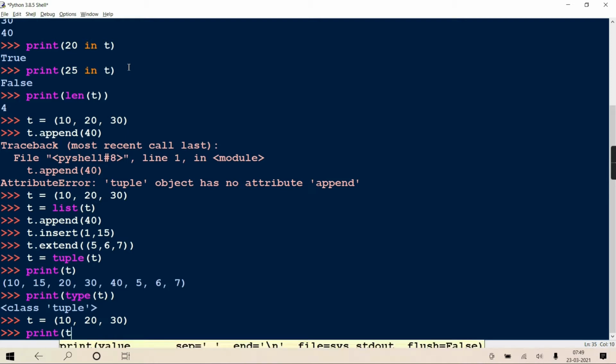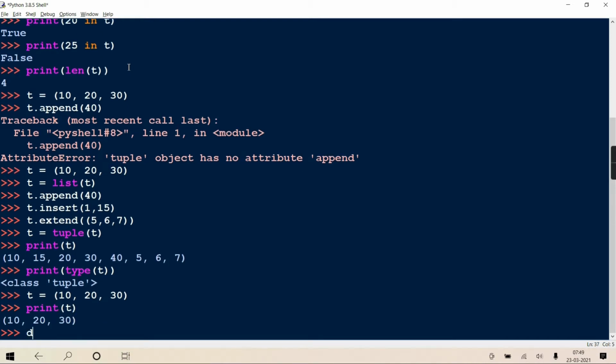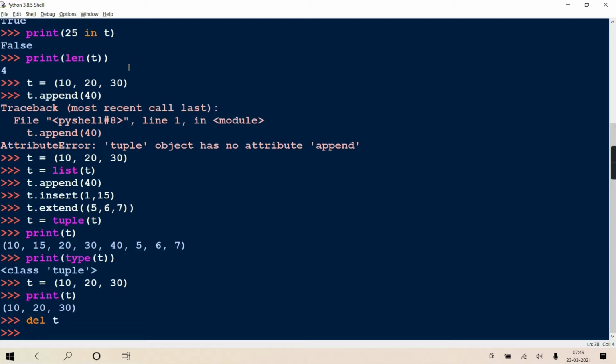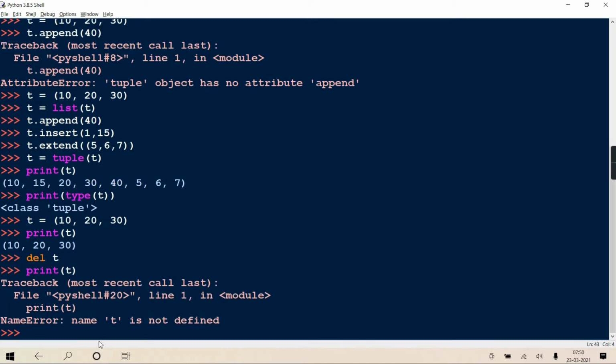If I'm writing print t, it will display the current t. Now if I write del t, it will delete the whole tuple, and then print t will give an error. Now it will give a NameError. NameError means there is no object with the name t. See, NameError, name t is not defined.